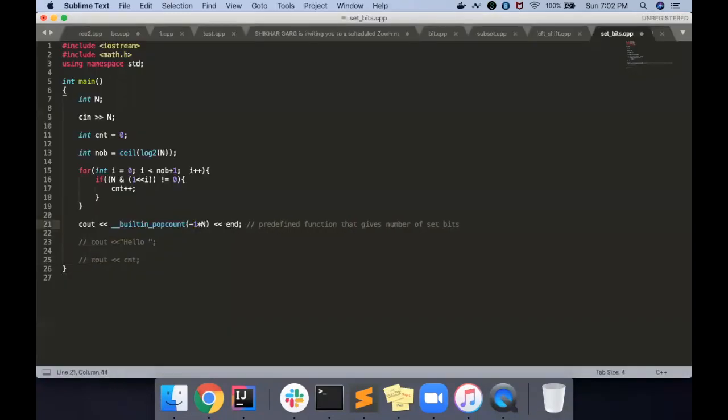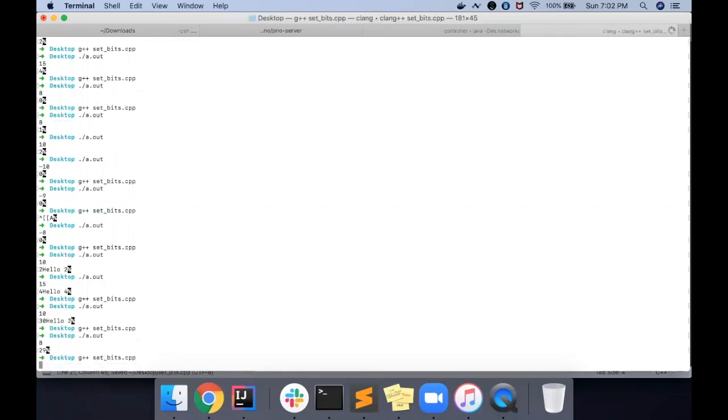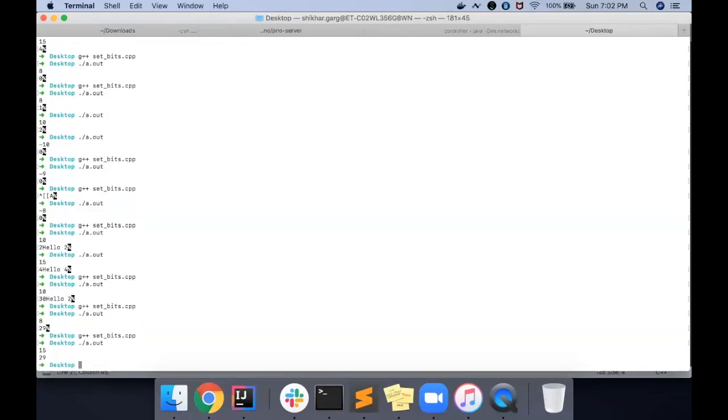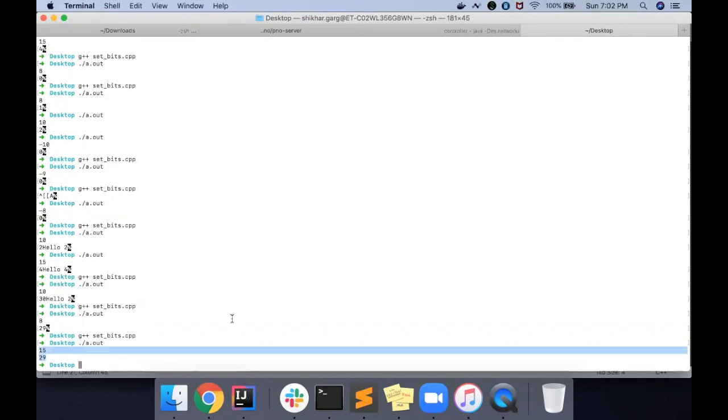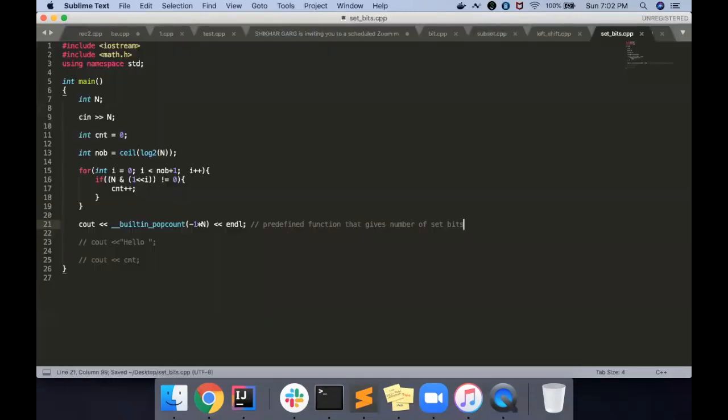I think it also works for, let's check for 15. No, I'm not sure. How many bits are there for negative numbers? I'm not sure, even I don't know the answer. Okay, we'll find out, and I think I'll cover it in the next session. But for positive numbers, it will work perfectly fine.